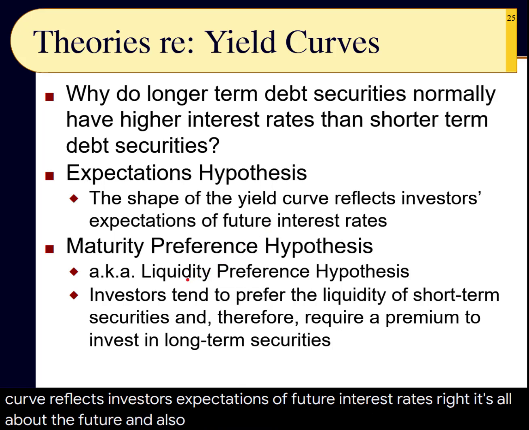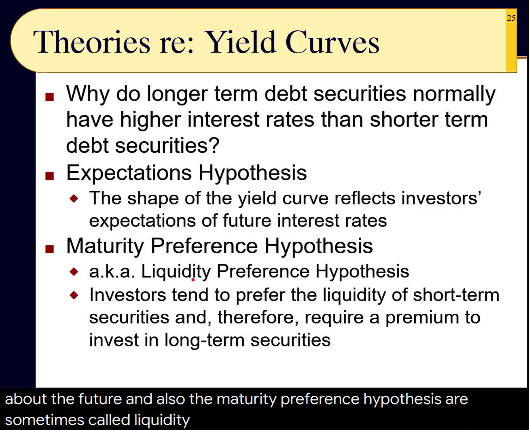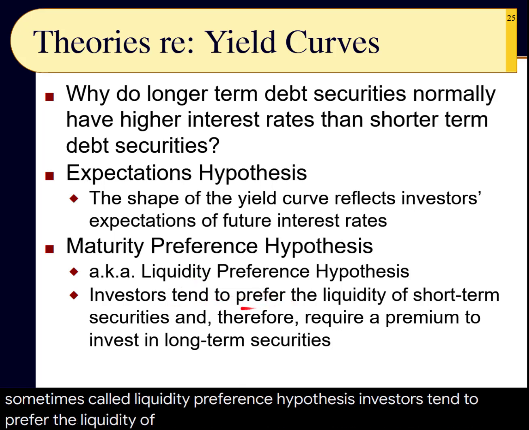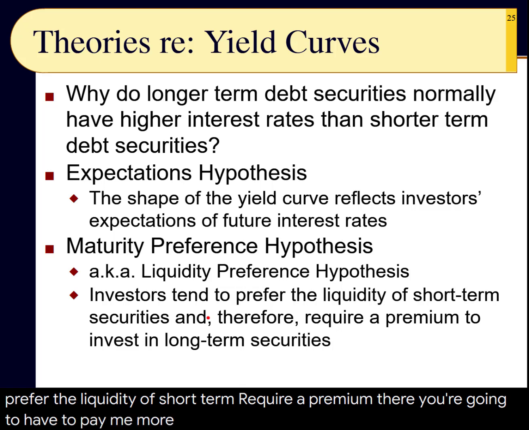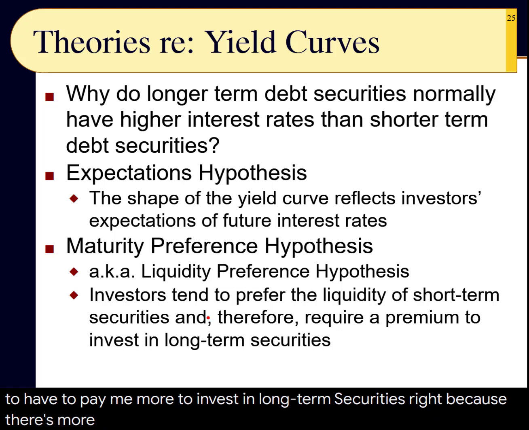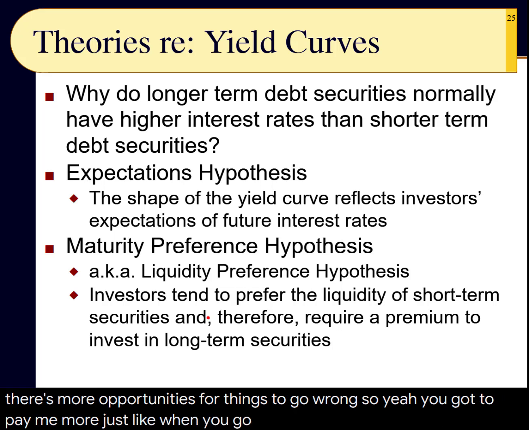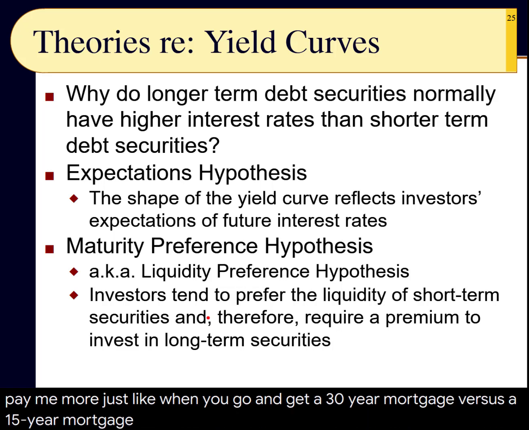And also the maturity preference hypothesis, sometimes called the liquidity preference hypothesis. Investors tend to prefer the liquidity of short-term securities and therefore are going to require a premium. You're going to have to pay me more to invest in long-term securities. Right, because there's more opportunities for things to go wrong. So yeah, you got to pay me more. Just like when you get a 30-year mortgage versus a 15-year mortgage, they're going to charge you less